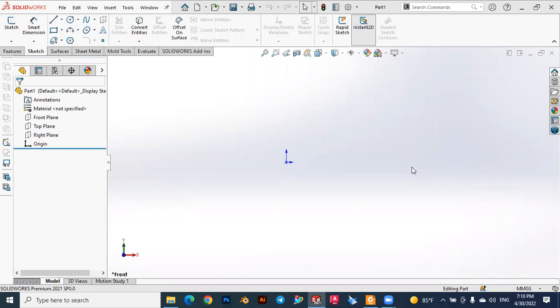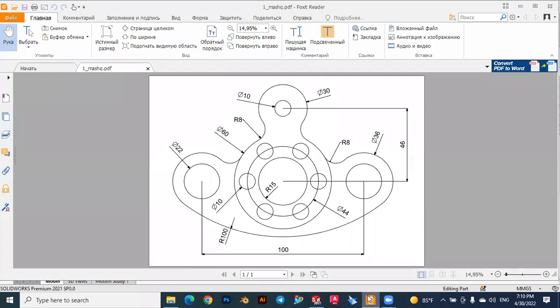Today we will have a practical tutorial on sketch techniques, two-dimensional sketch. So today we will see how to draw this practice piece in Solidworks. Most of the elements here are circles. So let's start to draw